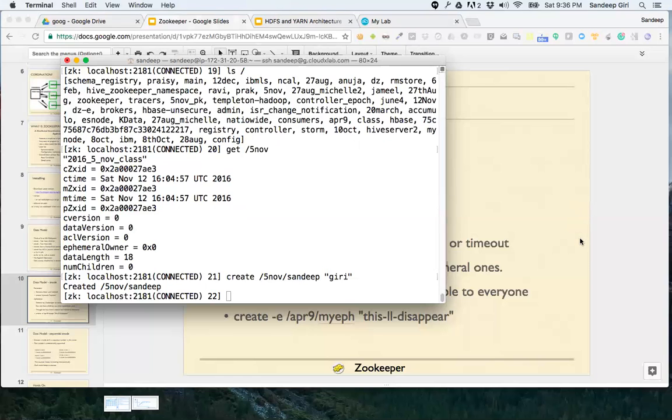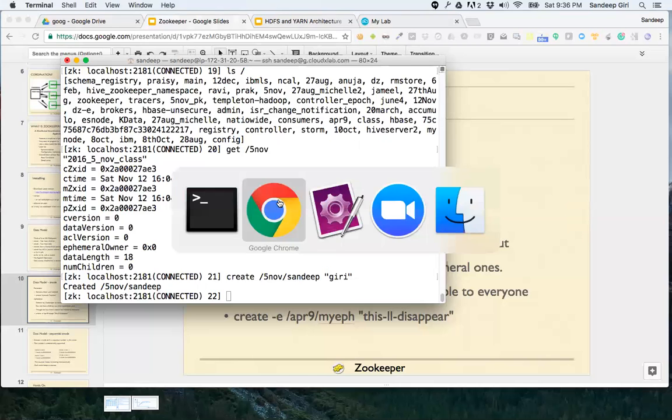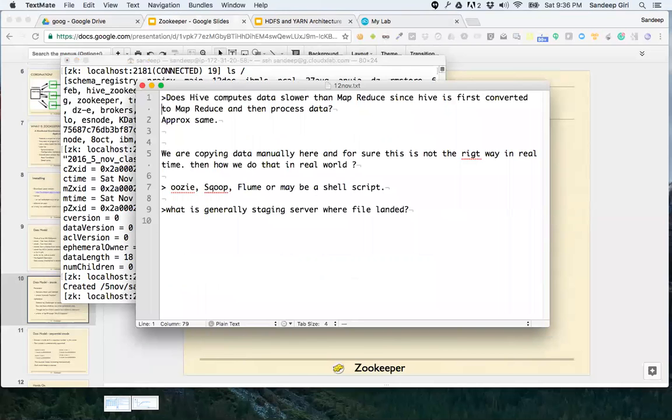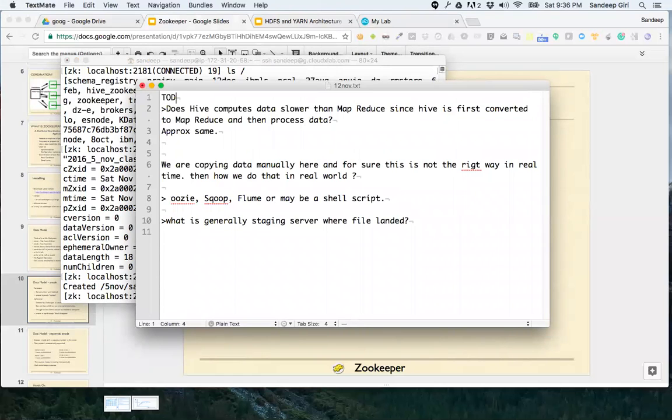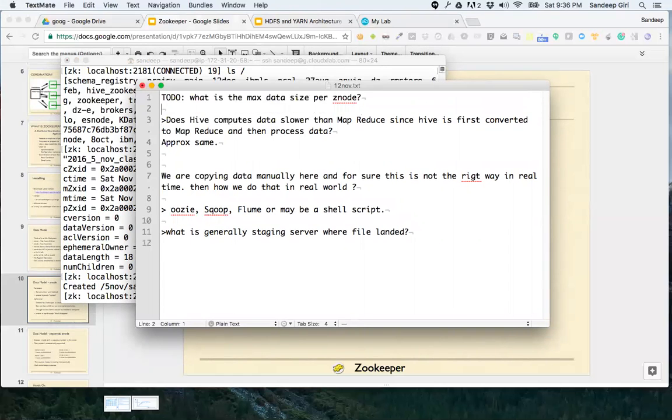Thomas' question is, what's the max data size per Z node? Actually, I'm not sure. I'll have to check it, but there must be a max size per Z node. Let me make a note of it. Next question is, can we write code for Zookeeper to function and modify? Of course, yes. Zookeeper provides a great set of APIs to modify data.